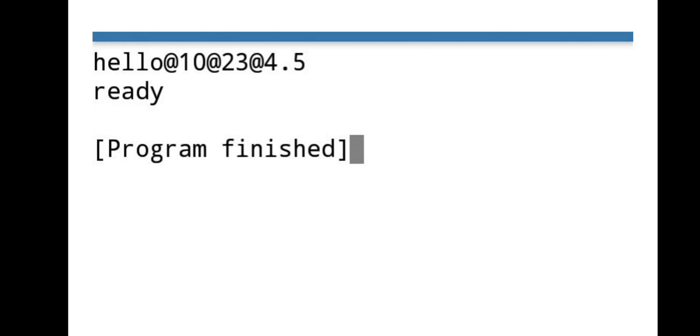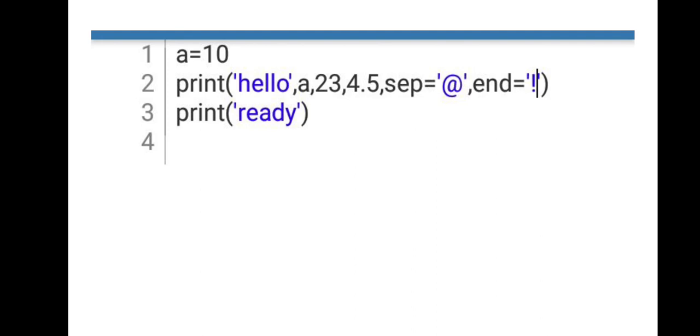Now we will see one more argument, that is your end argument. Now what does this argument do? This argument simply specifies that whether you have to move to the next line after one print statement is over. Initial value, default value of end separator is new line character, but I have changed it with the exclamation mark. So till now we were getting the output of this print statement on the next line, but because of the effect of this argument, now the output of the second print statement will be displayed in the same line separated by exclamation mark.